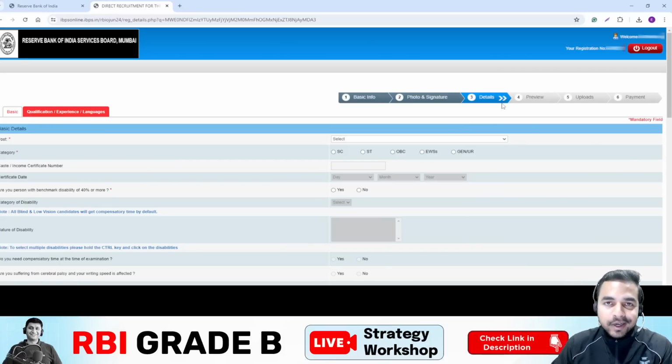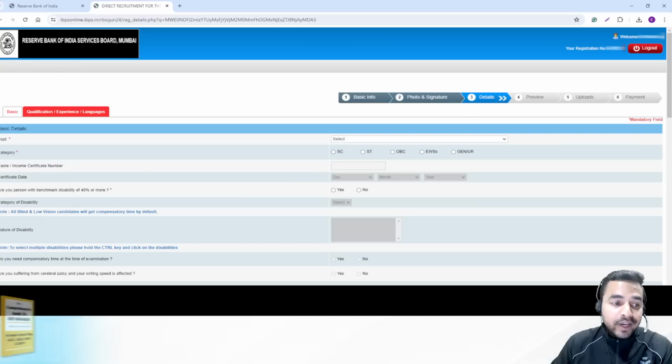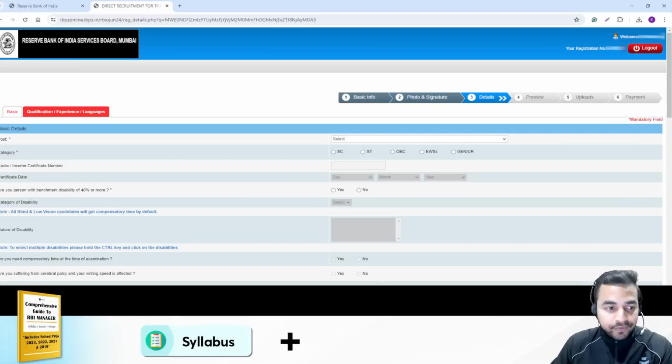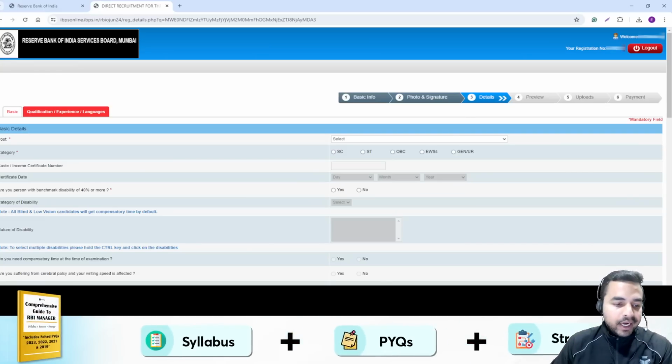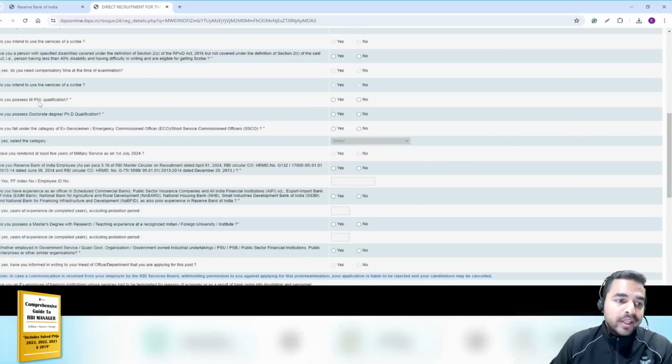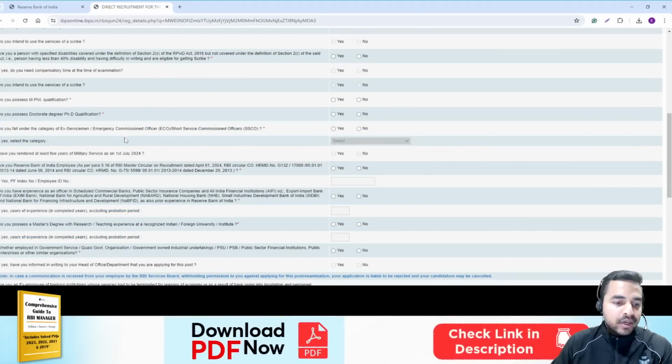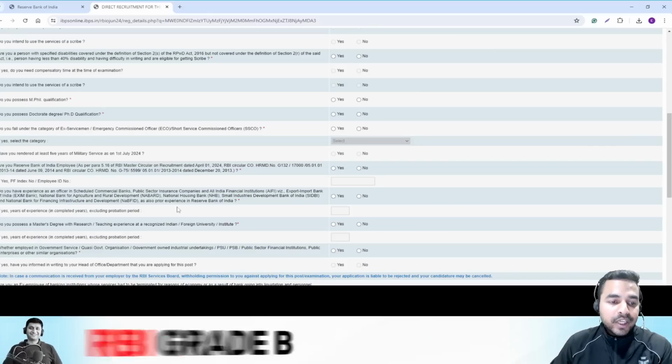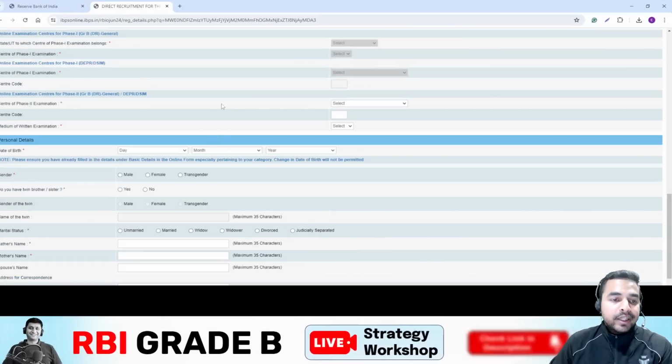Now we are on the third step, that is of the details, where I have to basically do the most important part, that is I have to decide and I have to fill out the detail that for which post I am applying for, what is my category, and it also includes some other further questionnaires which include whether you possess the MPhil qualification, whether you are an ex-serviceman, whether you are an ex-employee, whether you are presently working in the RBI or not, then about your examination centers, where I would like to give my